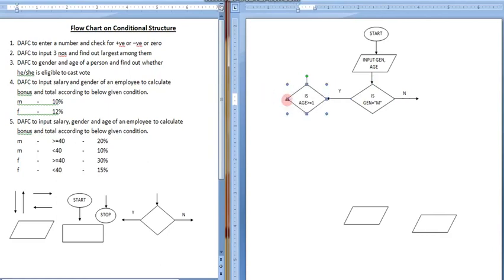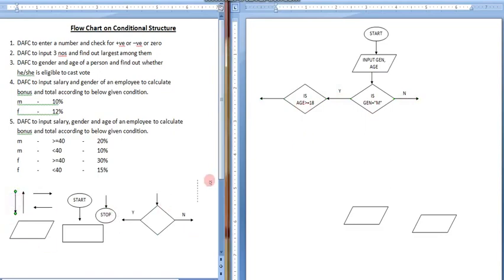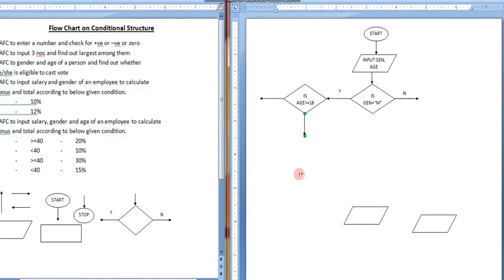It means what I mean to say here: now the person is male. Yes, the person is male, and we check whether his age is greater than 18. So there will be one yes and one no. So let's specify that at first. Here I am specifying yes, and down we will give no, so I am taking the down arrow here for no. Fine. So yes and no. So let me copy the yes here, and copy the no here.